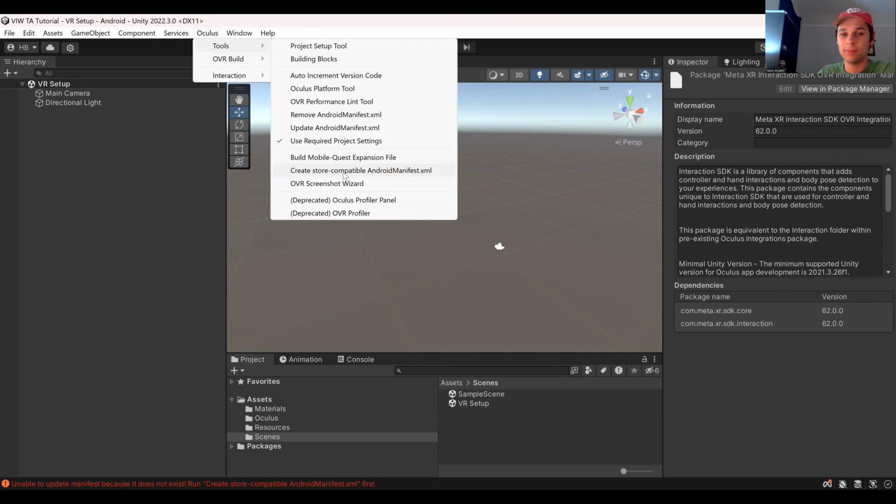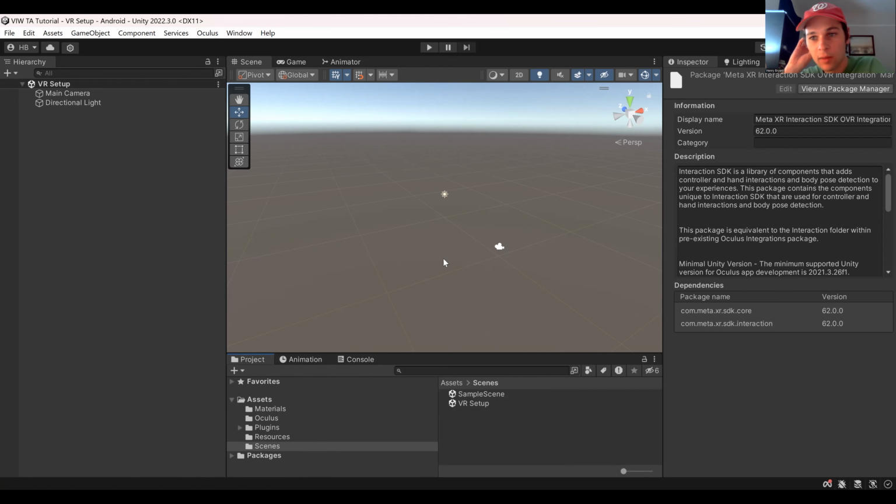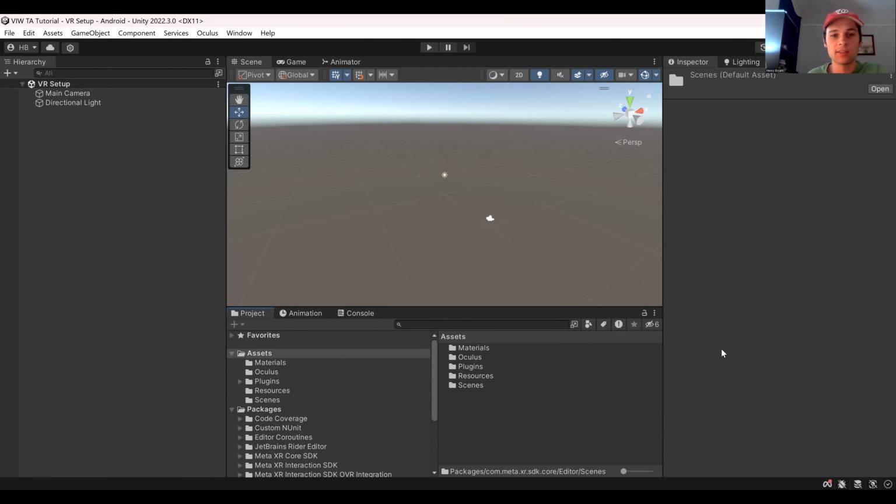manifest.xml. But that will allow us to ship to the Oculus store once we have a finished product, and it'll save stuff like permissions, package details, and stuff like that about our project. Okay, so once we have all that set up, we're going to come here to the bottom